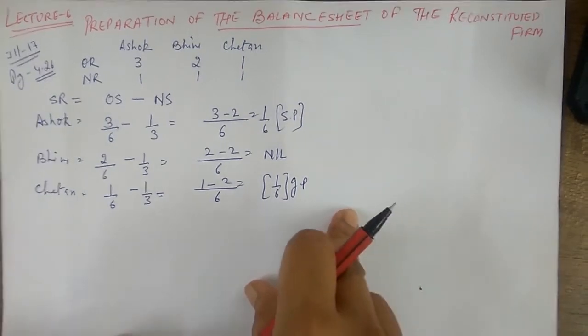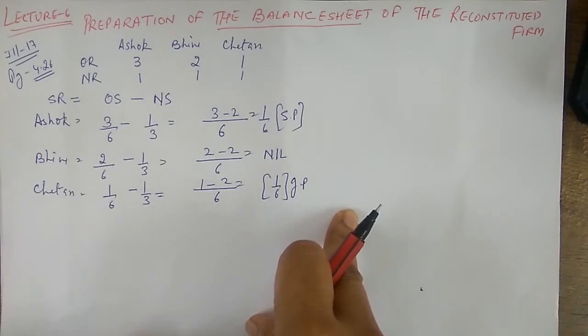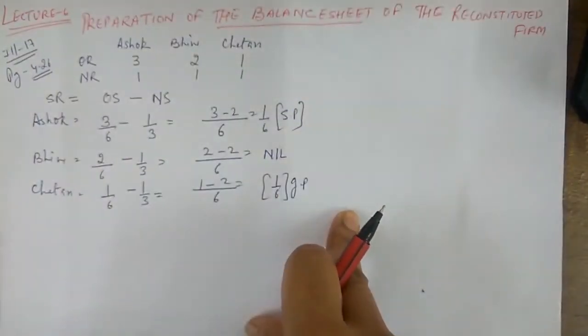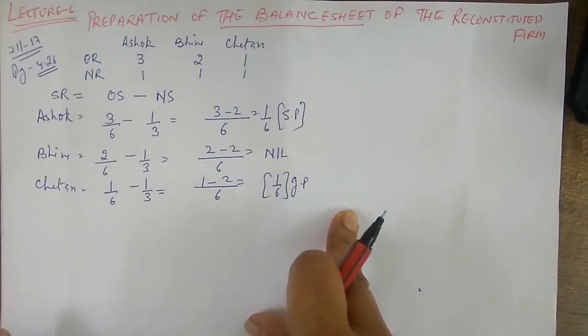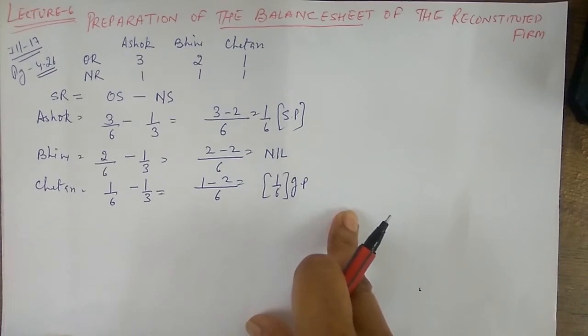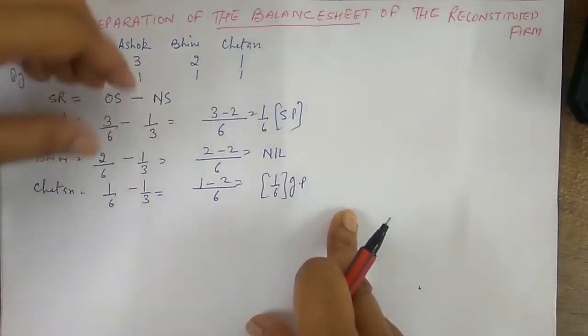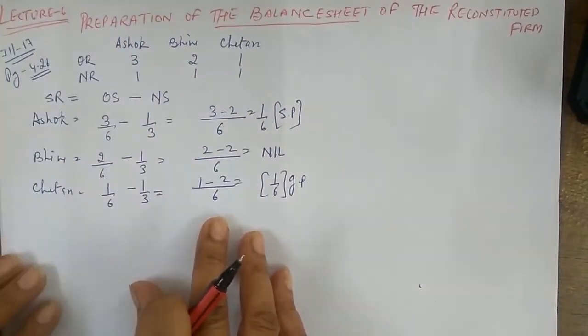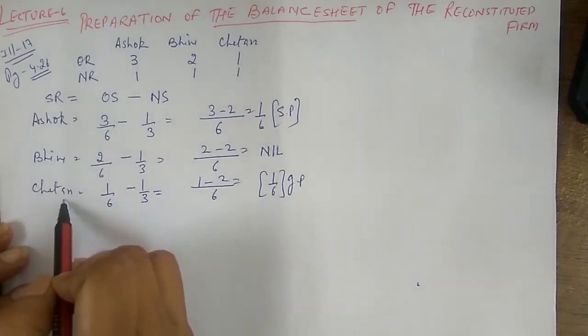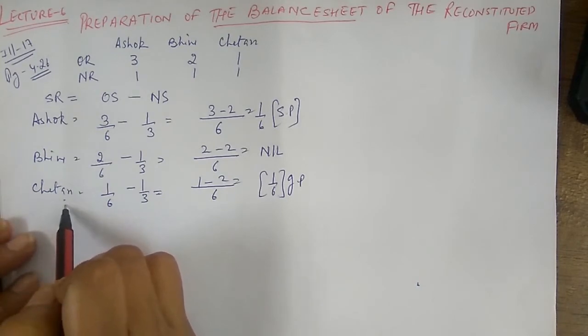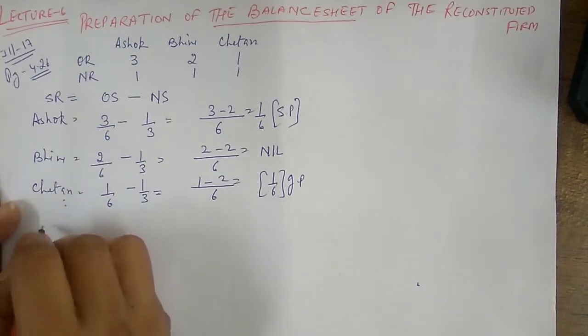What is the next statement? Their ratio has been changed to the new one with effect from 1st April 2015. For this, it was agreed that the goodwill of the firm is valued at 3 lakh. Now, this is the firm's goodwill given. With the help of this information, we will see what change there is in the goodwill. Who is the gaining partner? Chetan. So from the firm's goodwill, we will calculate Chetan's share.